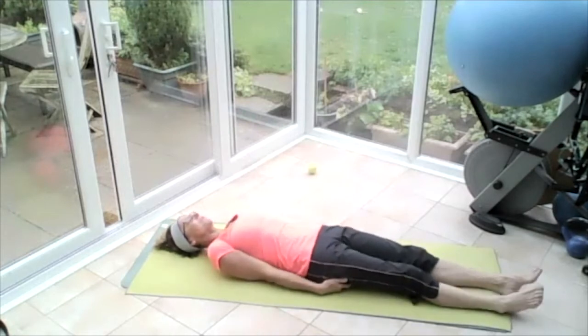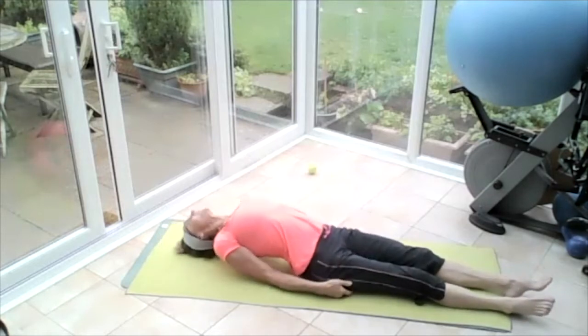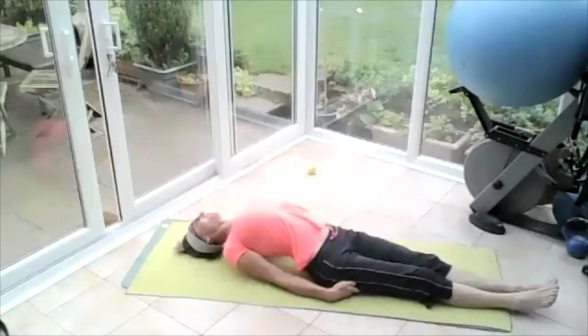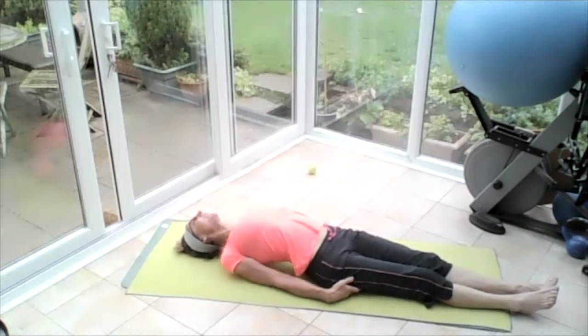Slide the fingers softly under your bum. Push those elbows into the floor and lift up onto the back of the head. Breathing in. Breathing out, squeeze those shoulder blades together, open that chest, breathing in, breathing out, squeezing those shoulder blades together, opening that chest, pushing your chest up to the sky, draw the tummy in if you feel pressure on the lower back, and pull those lower ribs down, pushing the upper ribs up to the sky, and then release